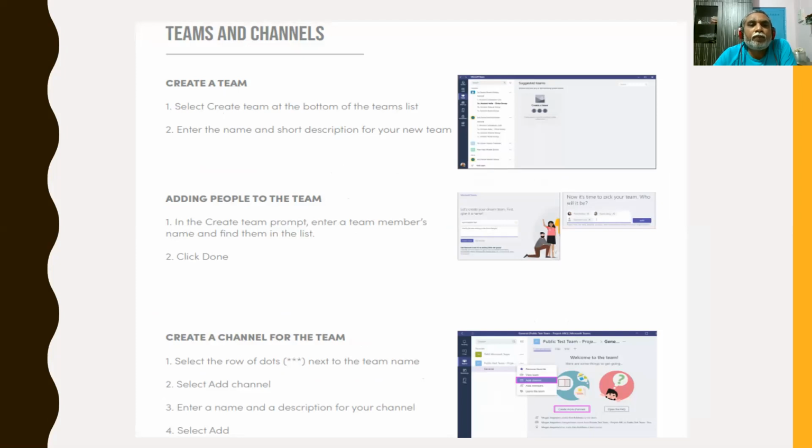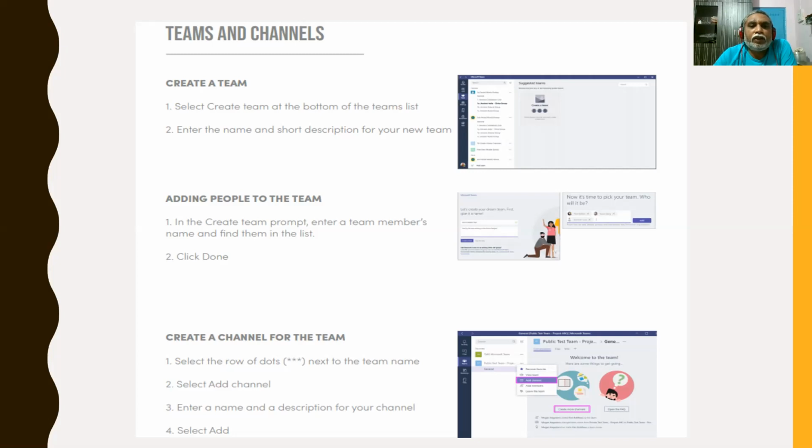You can type your short name there, FY BCom, SY BCom, as your team name. Additional people, you can add people. After finishing the presentation, I will show how the Teams application works and how to see the different work.